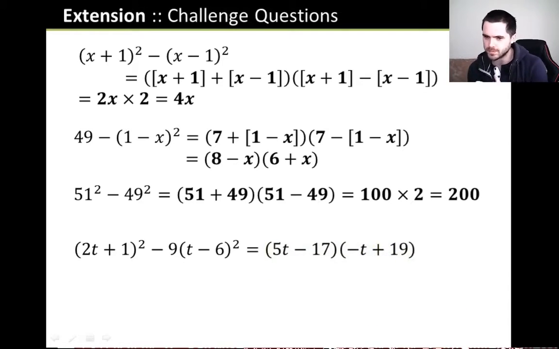And finally, we've used the same technique in here. What you've got to remember is that the square root of 9 is 3, so we've combined these techniques. 2t plus 1 plus 3 lots of t minus 6. And if you try that in a written format, then you will get the correct answer. But please, I'm not going to go into that too much because that's an incredibly elegant technique. And